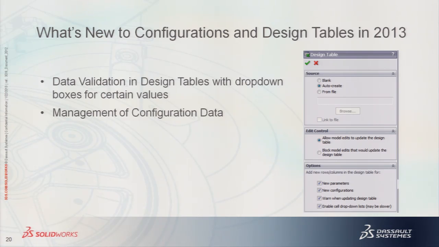Everybody's going to put in the right thing. Because it is useful, SolidWorks decided to try to automate it. So in 2013, if you now make a design table, close it, and re-edit it, if you got an unsuppressed suppressed column, it changes them to all drop-down lists where you have to select U or S. If you have dimension columns, it turns on validation, so you see a note that says enter a valid value,